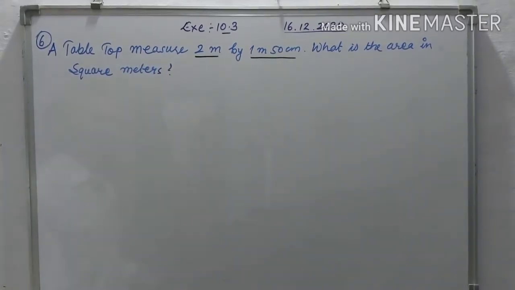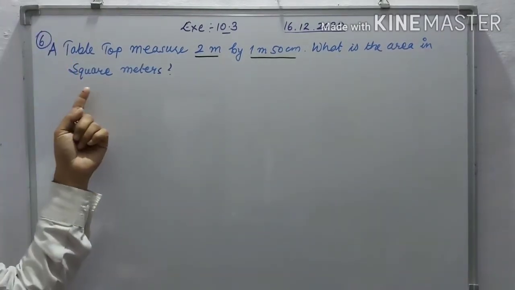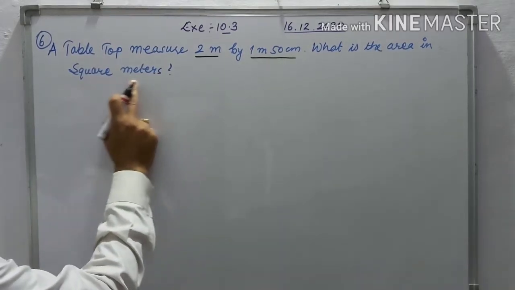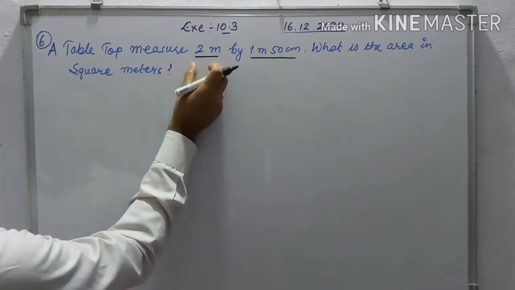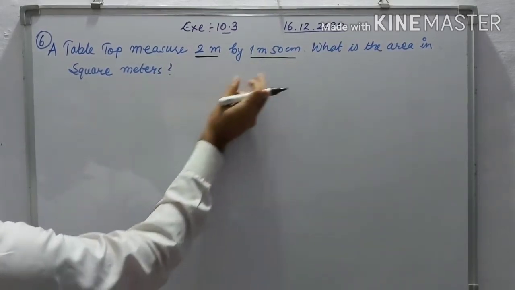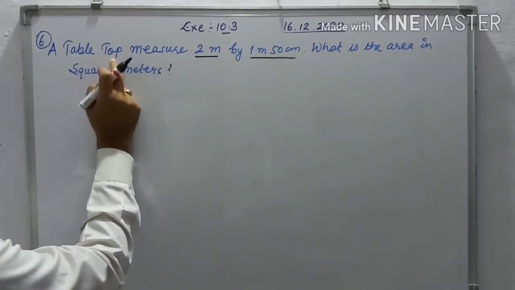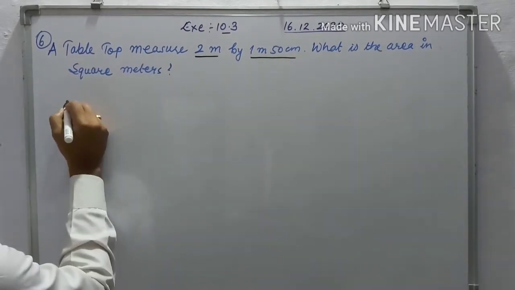50 centimeter, and the question is, what is the area in square meter. It means you find the area in the unit of square meter. So it is 2 meter and 1 meter 50 centimeter, two different lengths. It means the tabletop is in the form of a rectangle. So write the